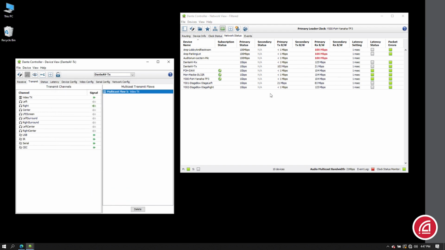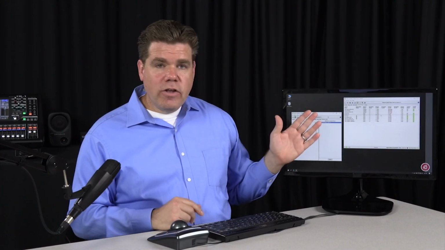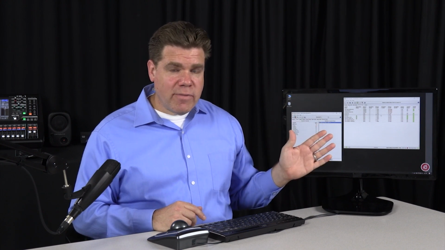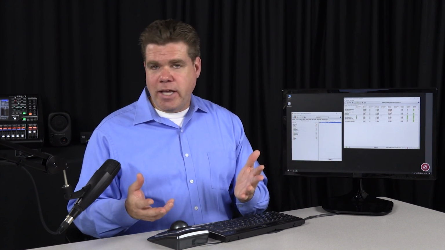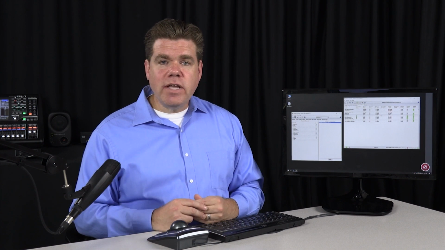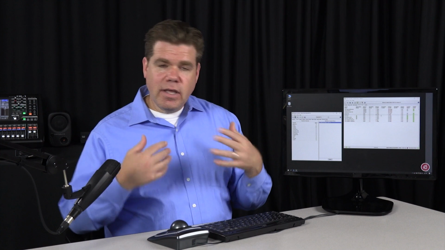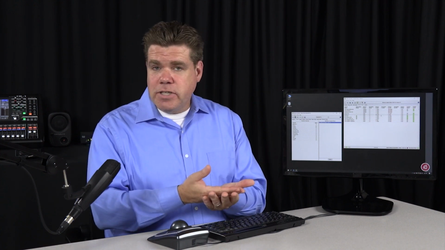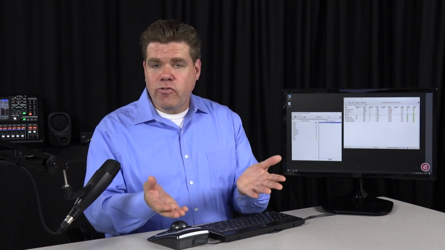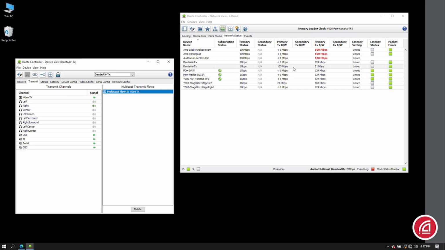Now watch what happens to the bandwidth on the devices. I can see the device is starting to transmit 103 megabits. Now remember, no video receivers have subscribed to this image yet, and yet we're transmitting it. Well, remember, a multicast transmitter doesn't know who's supposed to receive a specific signal. It just transmits, puts a multicast subscription ID on it, and trusts the switch to get it to the destination. So even with no one asking for the subscription, the multicast transmitter started putting out this 103 megabit stream.